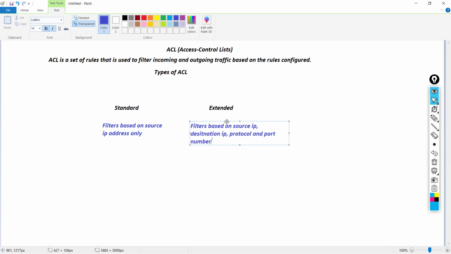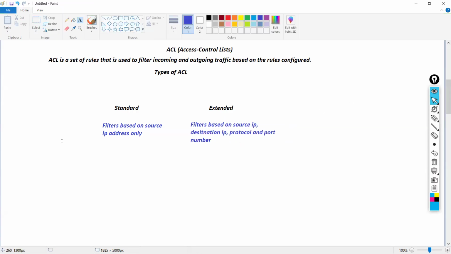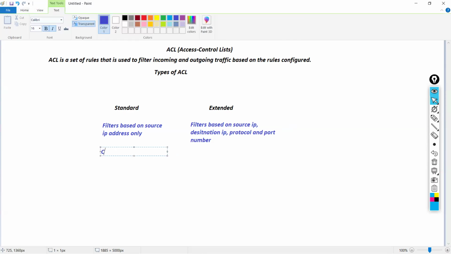You can filter the traffic based on protocol and port number. And this is the reason that your standard blocks complete communication, or two-way communication. And with the help of standard, you can block